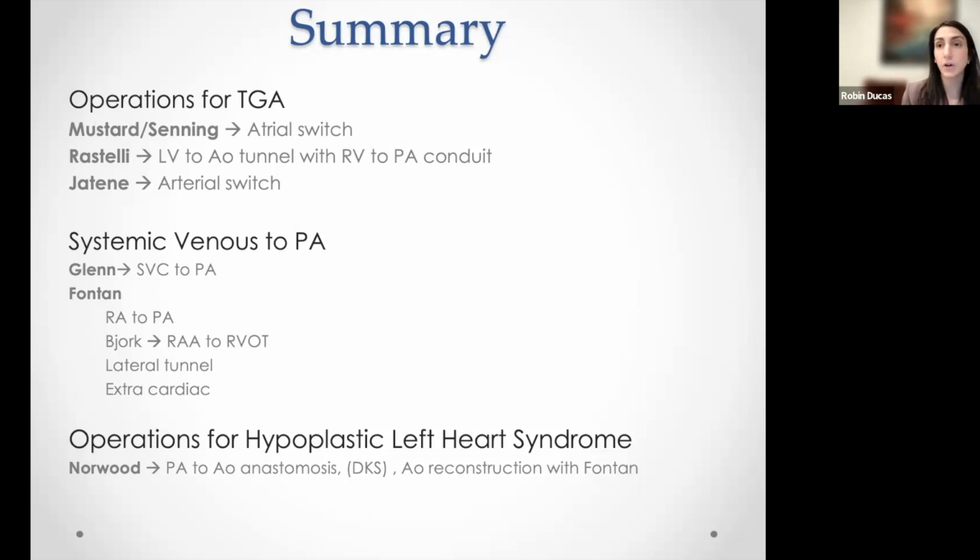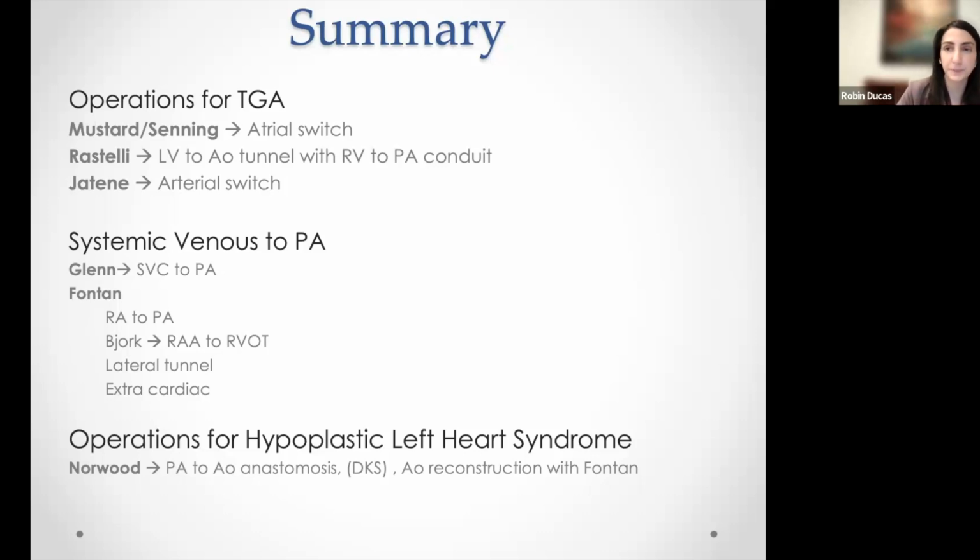And that is our arterial switch, where we're evaluating for supravalvular stenosis, evidence of neo-aortic or pulmonic valve insufficiency, and evidence of ischemia. For the systemic venous to pulmonary artery connections, we reviewed the Glenn, that's SVC to pulmonary artery. We reviewed several of the Fontan procedures, which is essentially a complete bypass of the subpulmonic ventricle. And we did cover briefly the Norwood procedure for sort of the most complex out of the complex patients that